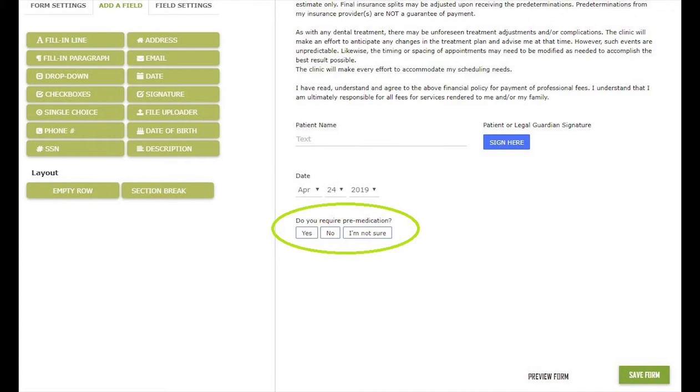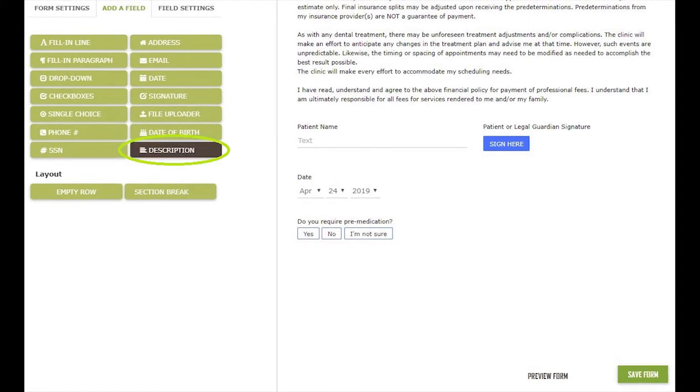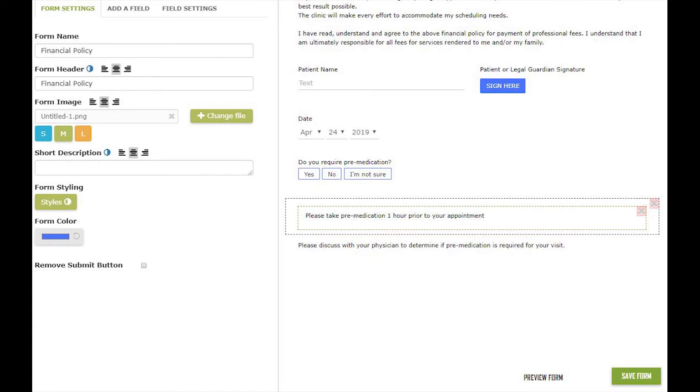How we will accomplish this is first by adding pieces of text. We do so by adding a description field. Since I want two different pieces of text to display for different answers, I will add two description fields. After adding all of the fields that will be involved in the rule, let's start by setting a rule on